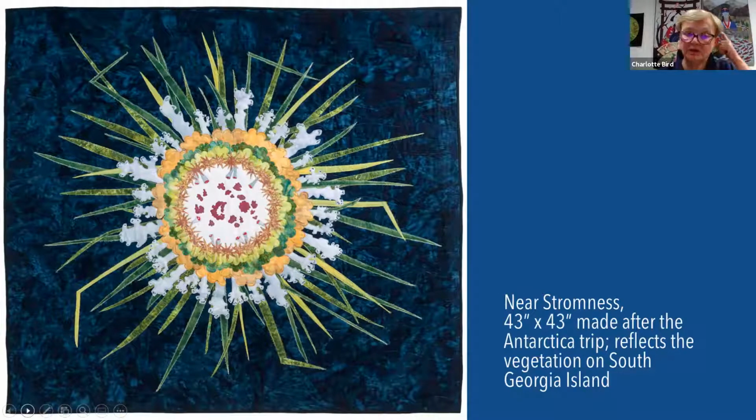So the picture that you saw of me and the skua, that was just a day that we offloaded on a beach that was covered with baby fur seals and emperor penguins, and the skua. He was wandering around cleaning up things. Probably the most interesting part of that whole trip was spending 5 or 6 days cruising around South Georgia Island. It's more temperate than the Antarctic Peninsula, and it was summer in February, so I had an opportunity as we walked around to see